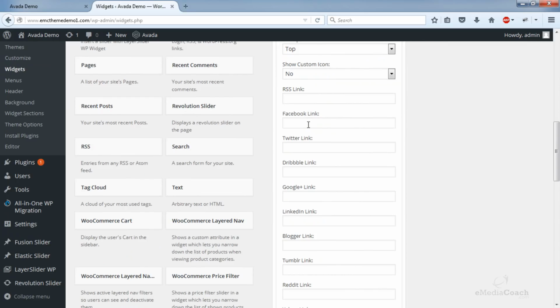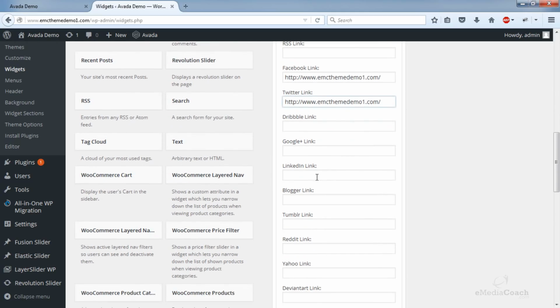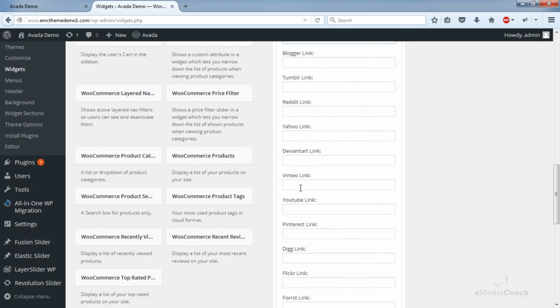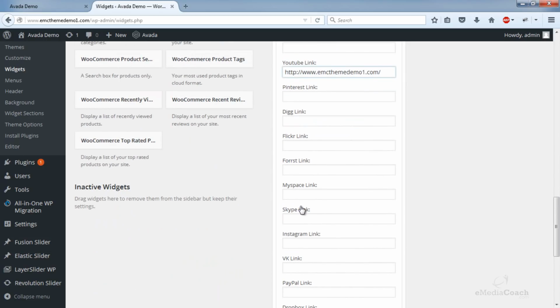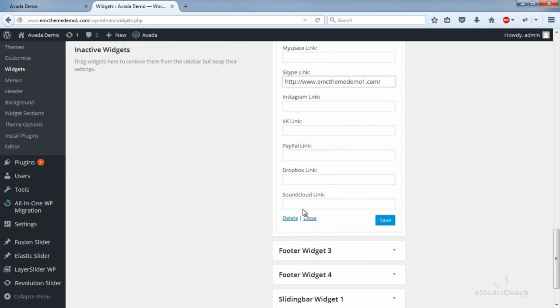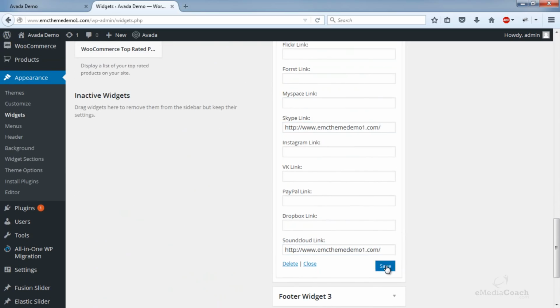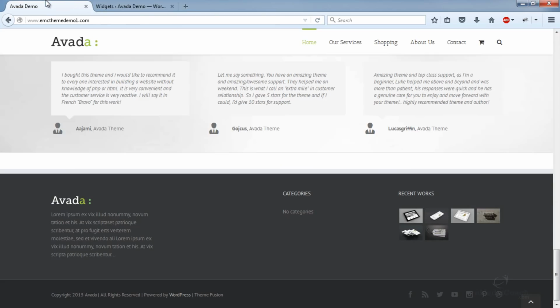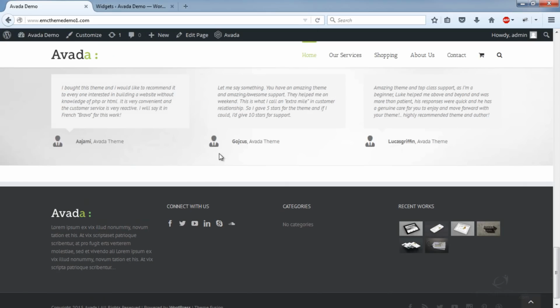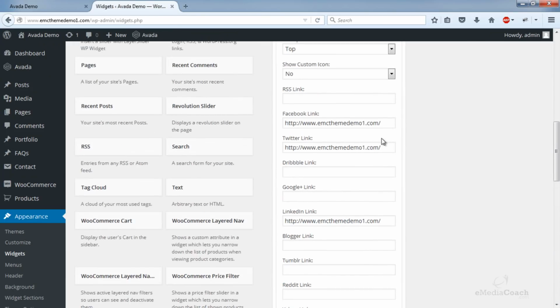Now all you need to do is enter your social media links in the fields you want the icon to appear. For any fields that you don't enter any URLs in, it just won't appear. Now you can do this in your own time. I'll just put some dummy data in here just so you can see how it works. So let's pretend I had all these social media pages set up. Then click save. So there you go, that's added that over there. And they will link off to the links that you put in this area here.